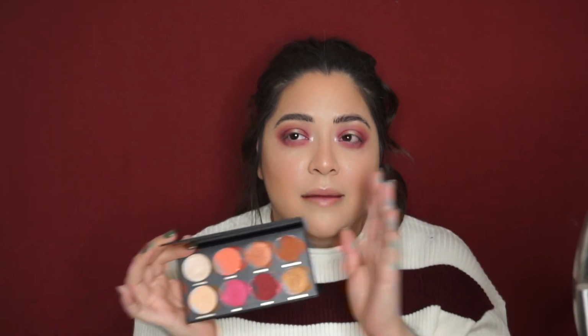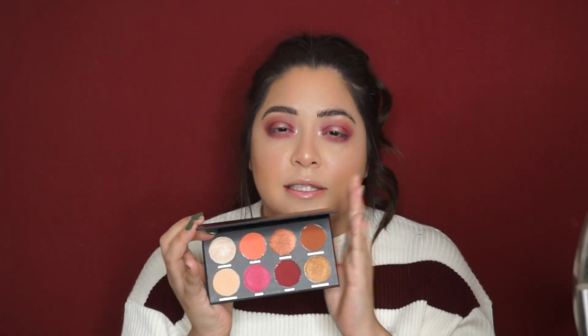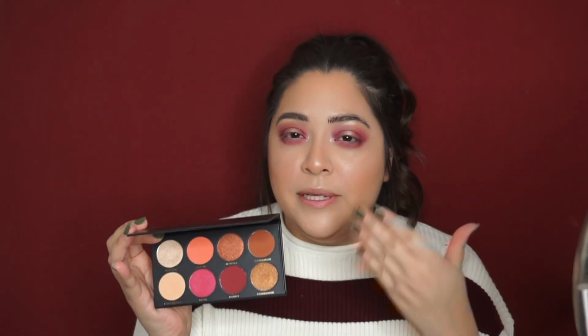But if you already have a bunch of palettes, this one, I'm not gonna say I'm not gonna come back to it because there's a look I want to do with this. So probably in my next tutorial I'm gonna use this, but I think after that I might just give it to my mom so that she can take care of this because I don't need it. I have so many. So yeah, I'm just gonna put on some mascara and I'll come back with the final product. I'm not gonna put on any false lashes because I just don't want to, and I'm going to Jordan's basketball game after that and I don't want to look super dramatic, so